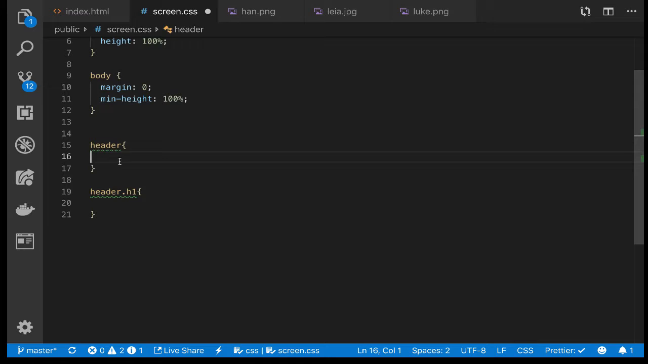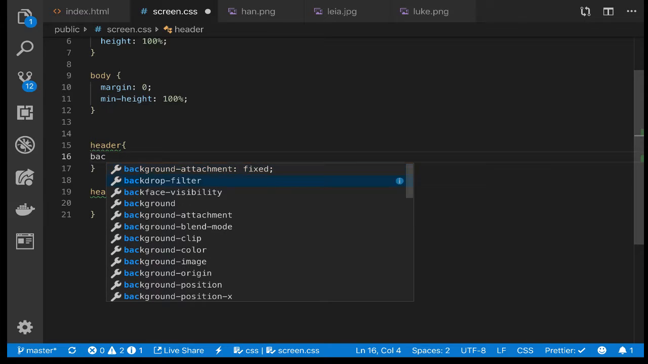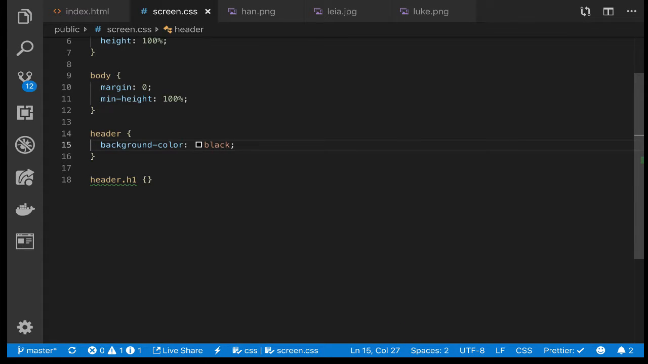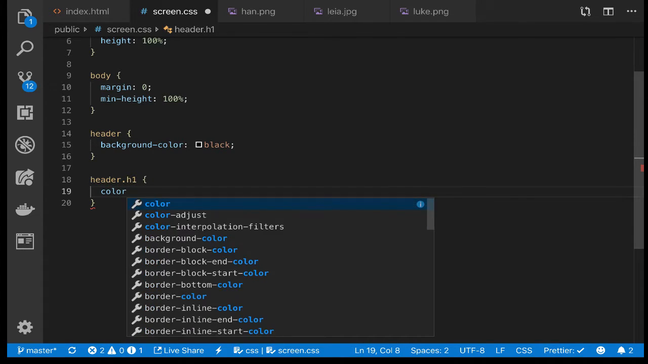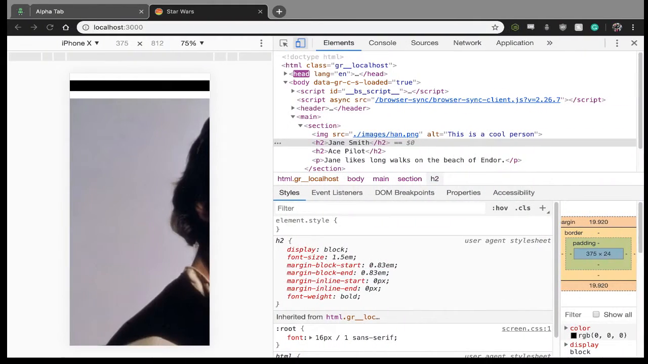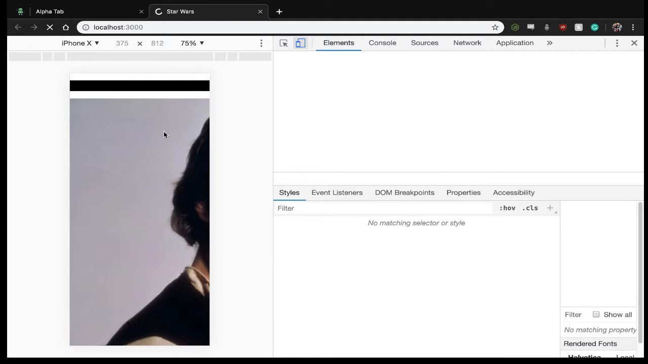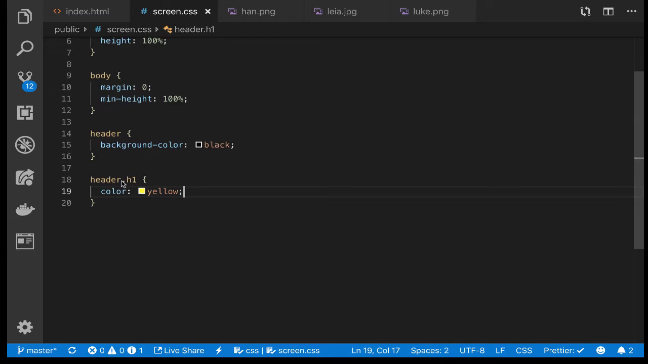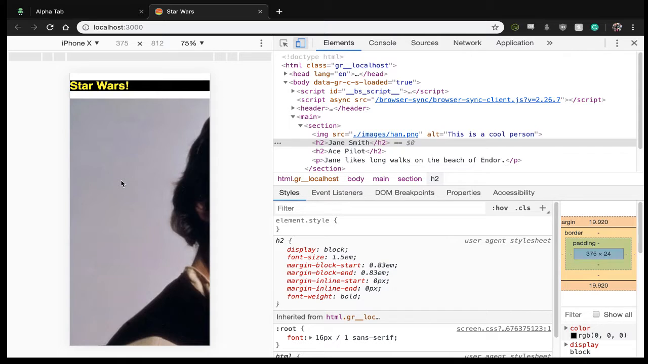So this is going to give me that whole top row. This is going to say, hey, everything that's on the top row is going to be background color black. If there's any H1 inside of that, make it yellow. It's close. Want to make it a bit fatter, top and bottom, make it a bit taller,